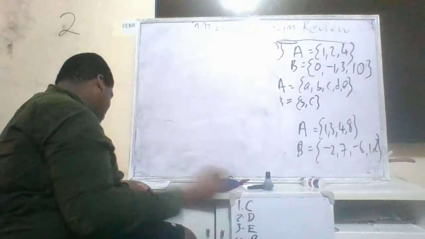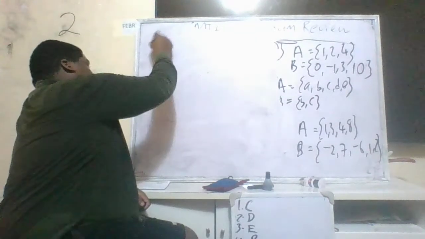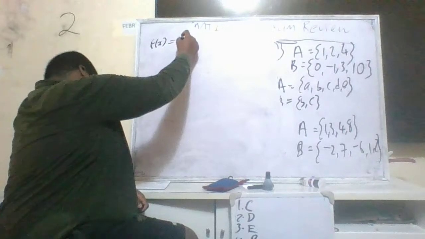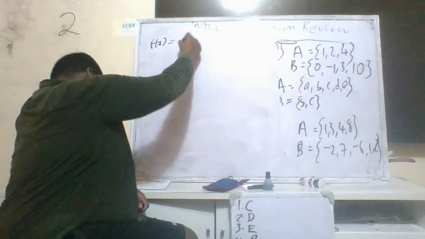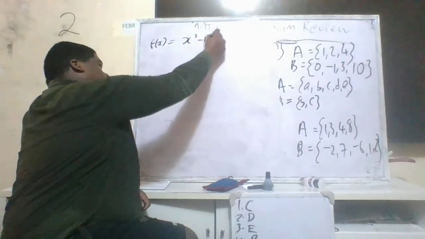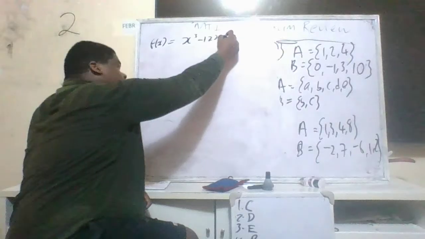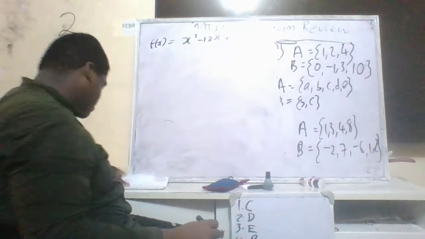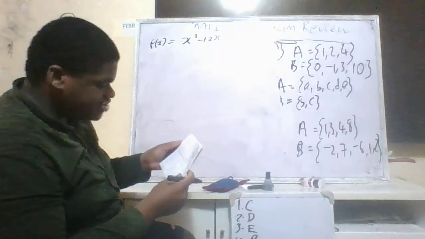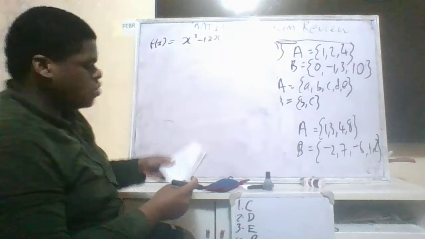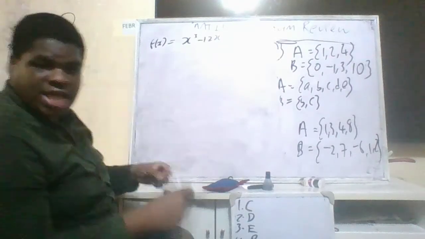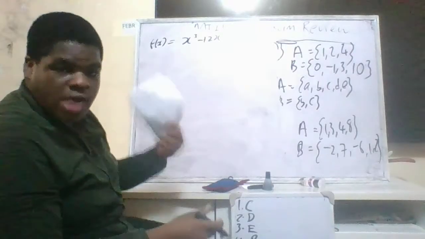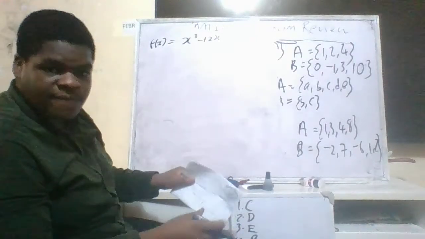Question 12 says, let f of x equal x to the power of 3 minus 12x plus 5. The x coordinates of the local extrema are, okay, what are the extremas? The local extremas are points on a graph where